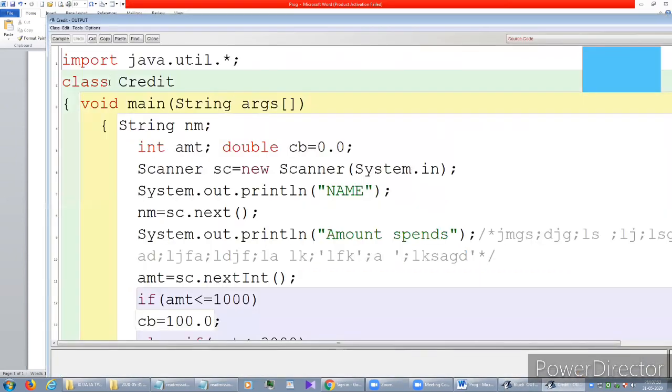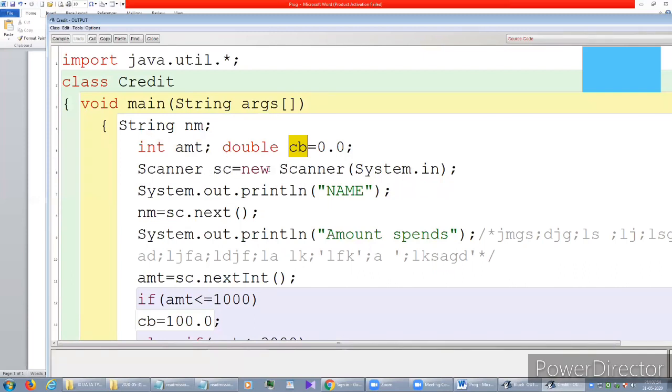As per the question paper, the class name is given: credit. void main string args. String nm to accept the name, int amount to accept the amount, double CB, cashback equal to 0.